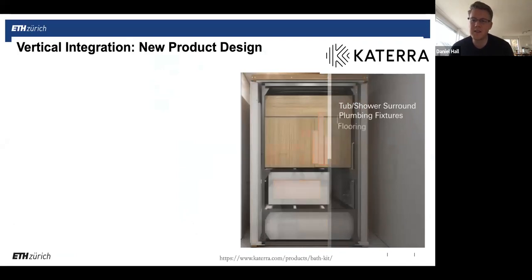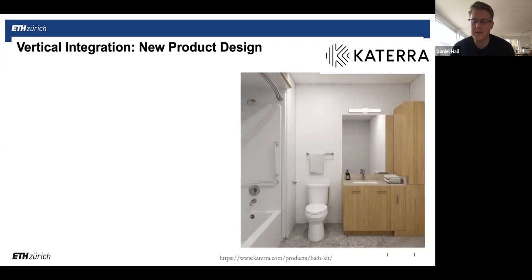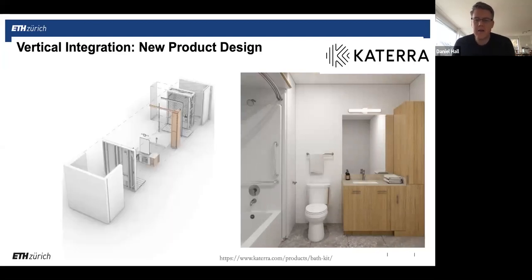It's essentially just packing, like IKEA style, all of the different pieces inside of a little kit. And then when you're done, ship that kit on site and pull it apart and then install it in place. Now, that might not seem like such a crazy idea, but if you think about the number of different people in a traditional process that have to come through a bathroom or a toilet room to assemble it, it's probably between 10 to 20 different companies that will come through and do the tile and do the sheathing and do the toilet, et cetera, et cetera.